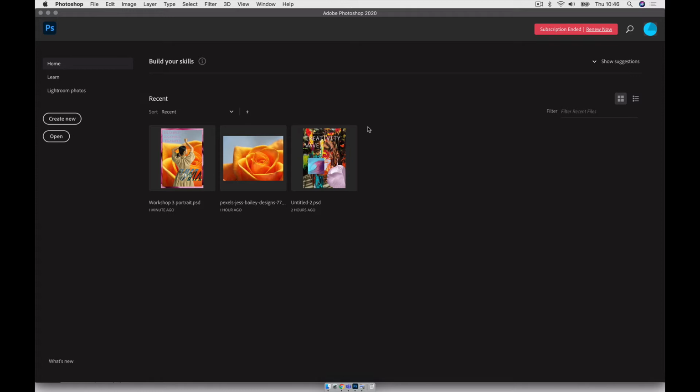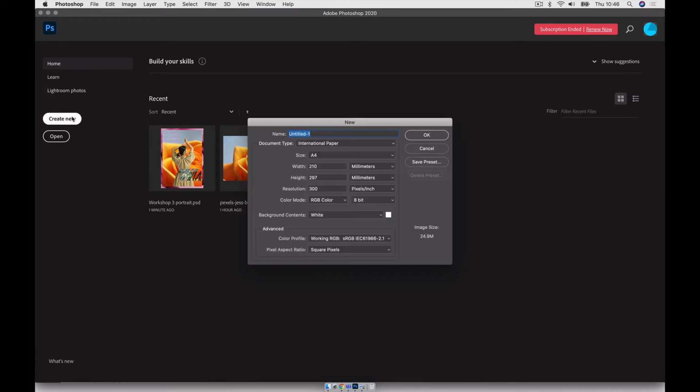We'll be working in DPI, which is dots per inch, I believe. So we'll create new, and all these settings are boilerplate. We want it A4. International paper is a universal paper size. We'll call it example